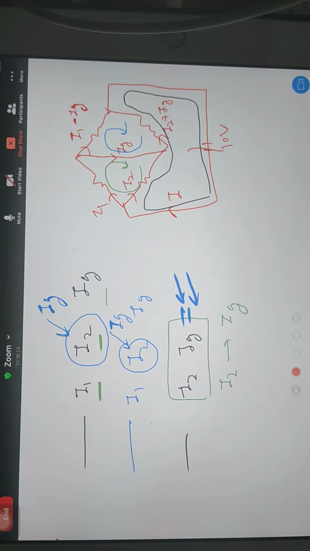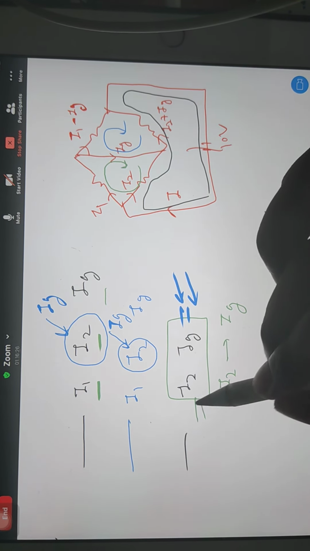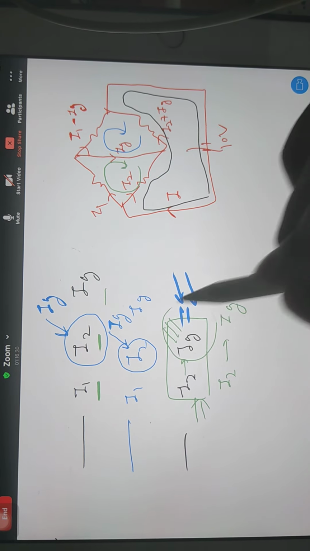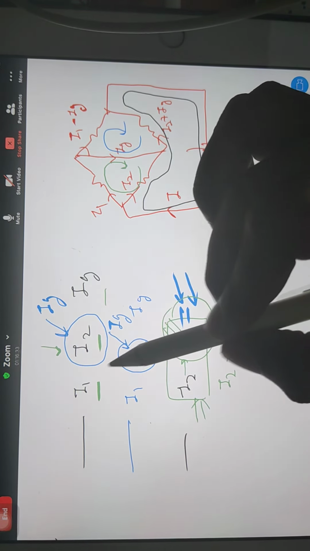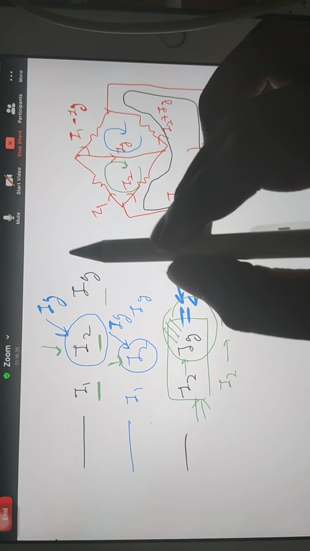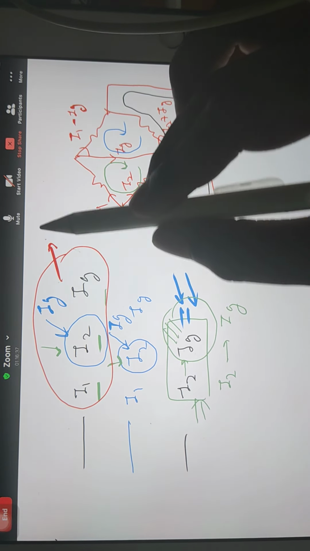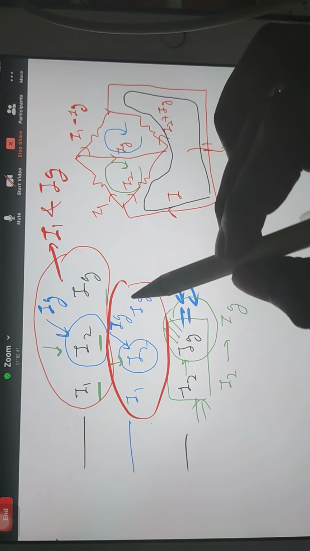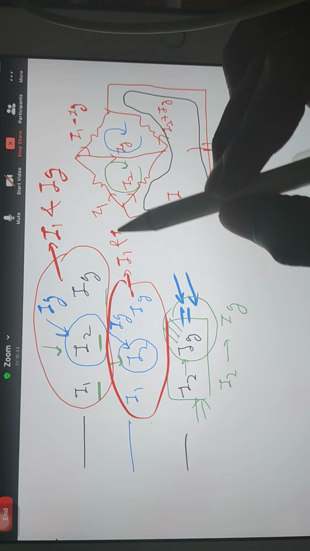Okay, so that's what I was saying here. By using the third equation you find your I2 value in terms of Ig, and that value you substitute here and here. Then you can see your first equation will convert into only the form of I1 and Ig, and your second equation will also convert into only the form of I1 and Ig.